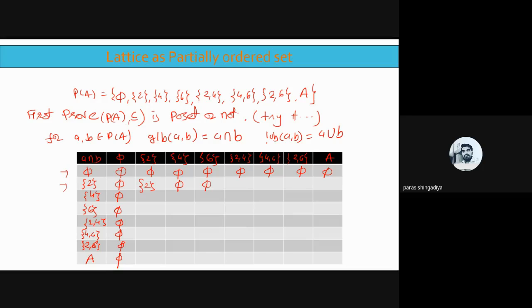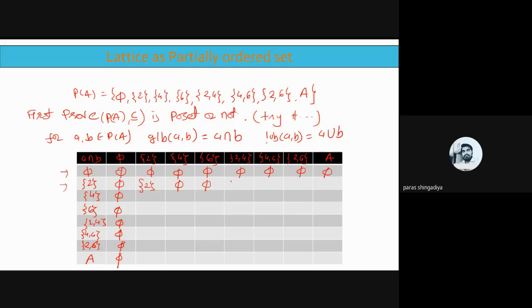Remember one thing, हम यहाँ पे divide less than और equal to apply नहीं कर रहे, ठीक है? We are using the intersection condition and union conditions to take the GLB and LUB. ठीक है, तो आपको उस तरह से वो value derive करनी. Clear? अगर वहाँ पे divide है तो that should be the element, that number, that here it is a set. Singleton 2, singleton 4, singleton 6 are the set we have.